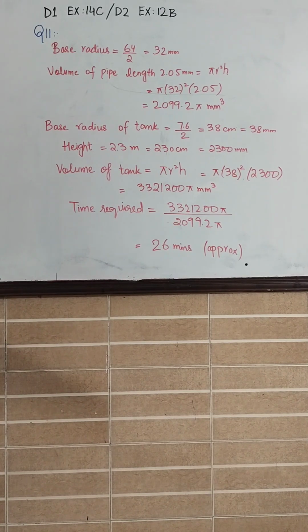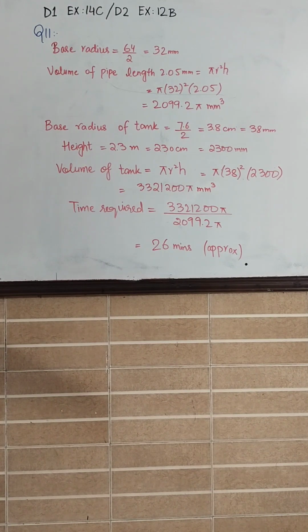So first of all, we have to calculate the volume of the pipe. Here they are given the discharge rate, so the discharge rate must be equal to the length of the pipe. By using that discharge rate, we basically get the length. I am using the volume formula, which is pi r square h. Putting the value of radius, we know it is 32 millimeter from the diameter. You can see it, pi r square h, putting the values in the formula, and you will get the volume of the pipe.